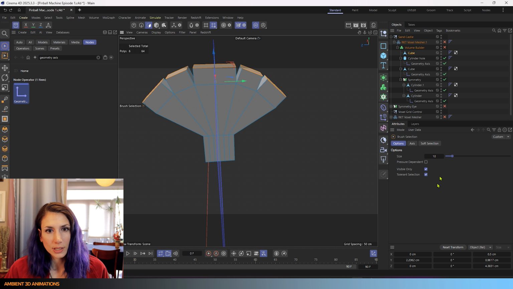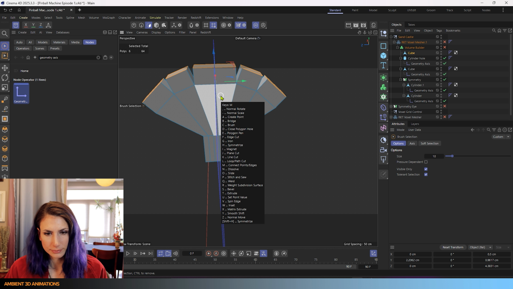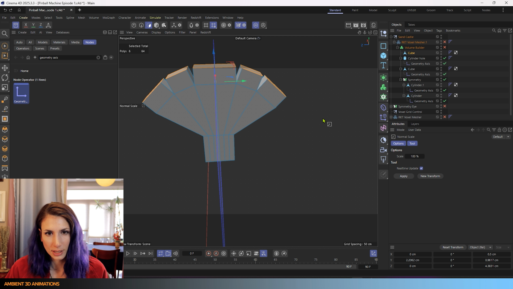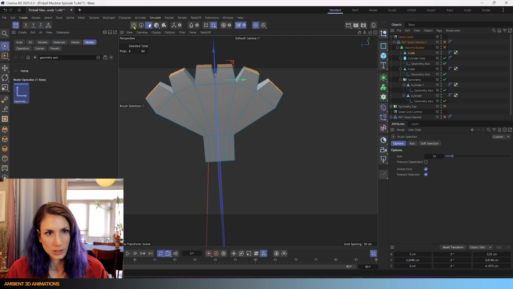So what we want to use in this situation is actually the normal scale. So you can find the normal scale in here, I believe. You press the M button and then you'll see the normal scale hotkey is M hyphen. So we just need to click the hyphen, and then you can see that we're scaling these all in individually. That looks much better. I'm going to grab my points in here